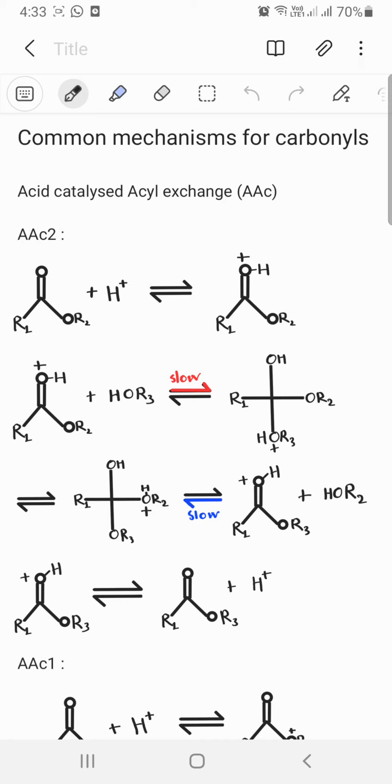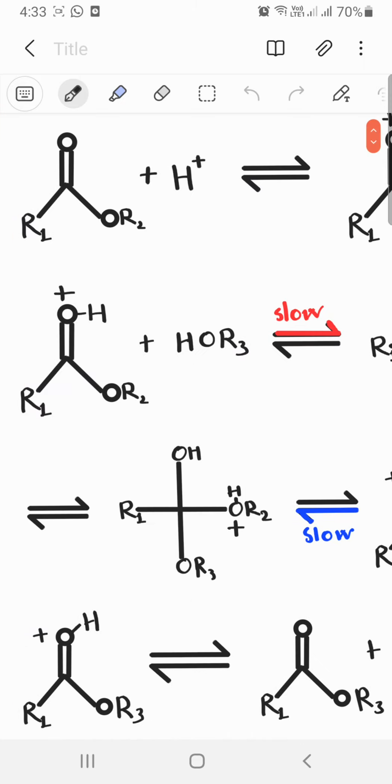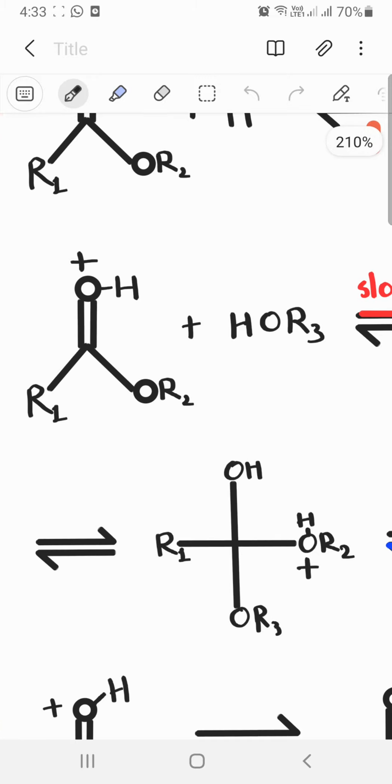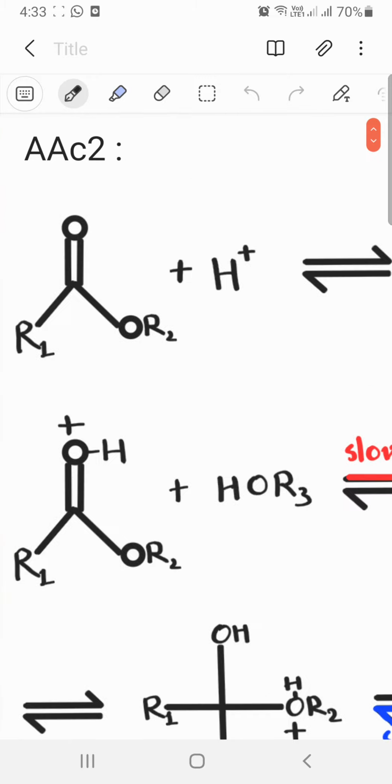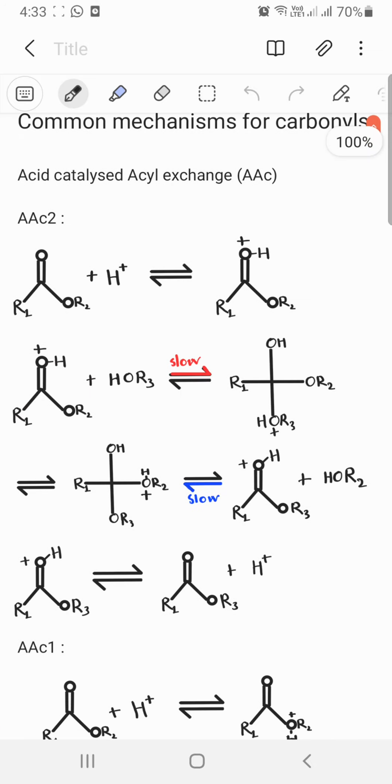Why C2? Because it's bimolecular, right? So look at this. The slow step is this thing where you are taking the concentration of this species and HOR3, but the concentration of this species will be the same thing as that because this was a fast step, right? So that means it's bimolecular. Okay,